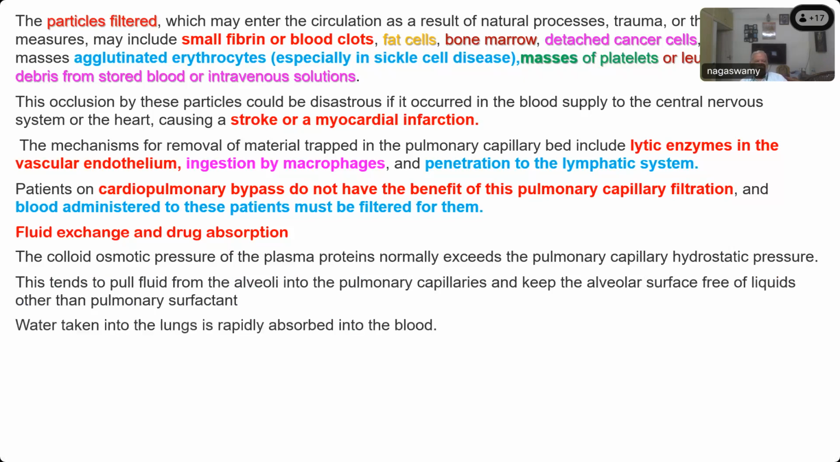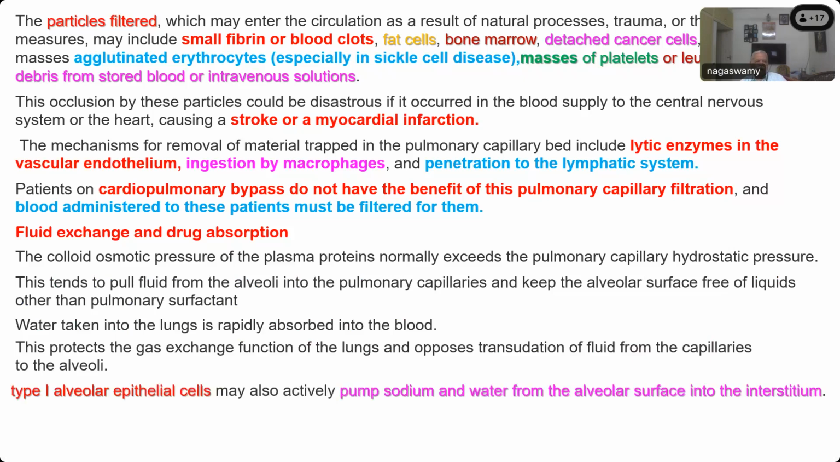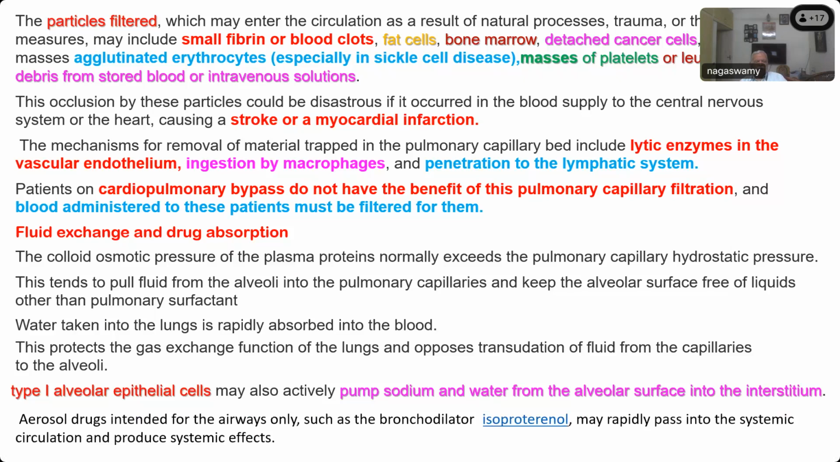And water taken into the lungs is rapidly absorbed into the blood. This protects gas exchange function of the lungs and opposes transudation of fluid from the capillaries to the alveoli. There are two types of alveolar epithelial cells. Type 1 is the most active, pumps sodium and water from the alveolar surface into the interstitium, and aerosol drugs